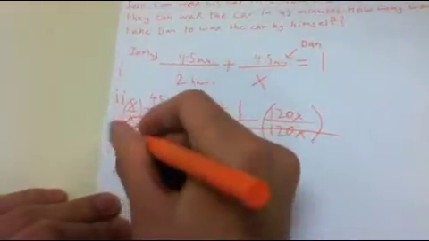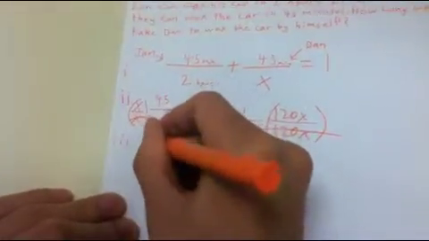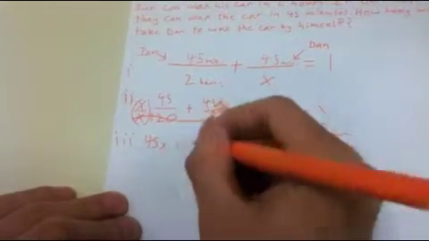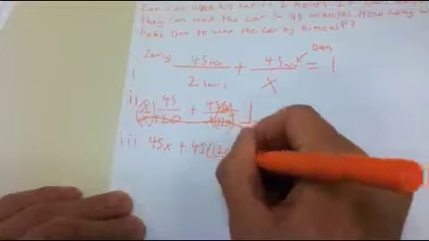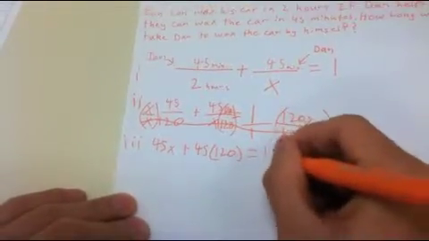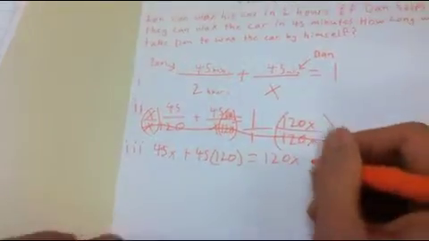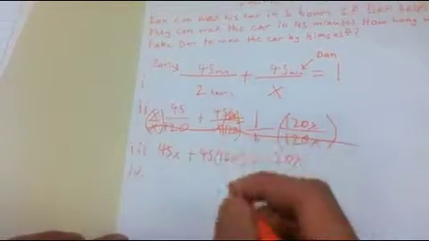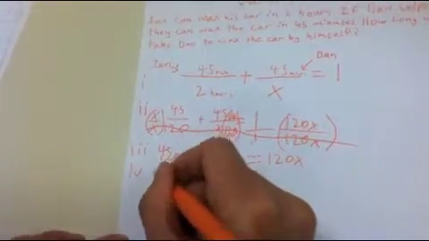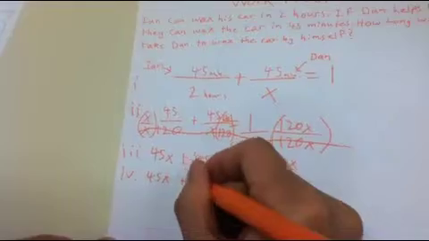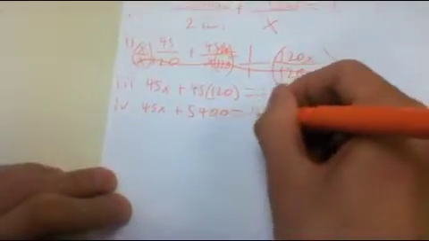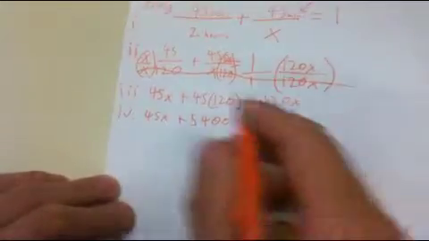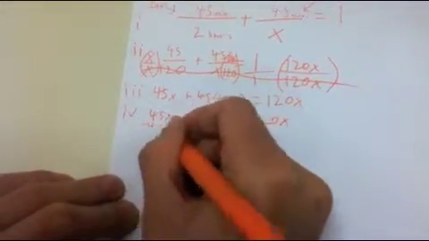So now I'm going to rewrite what's on the numerator, which is 45x plus 45 times 120, which equals 120x. So now I'm going to simplify. This simplifies down to 45x plus 5,400, which equals 120x. Now we can subtract 45x from each side,